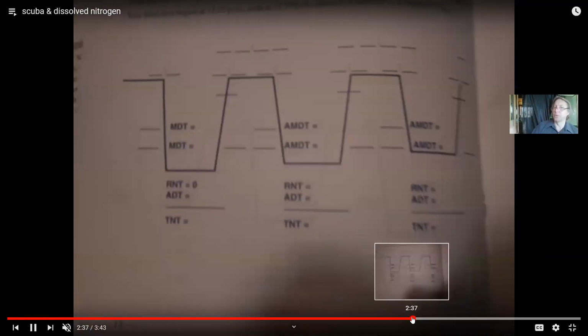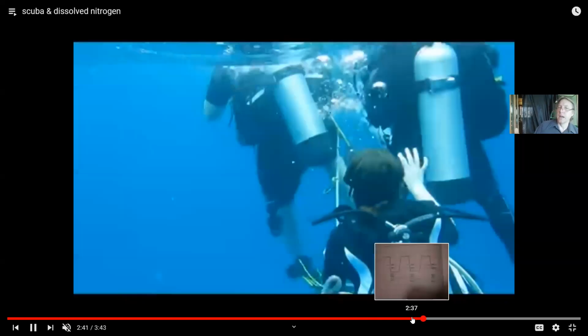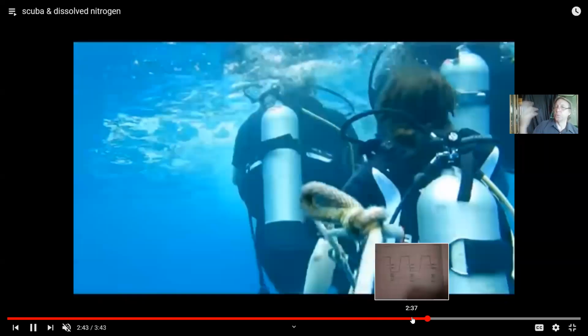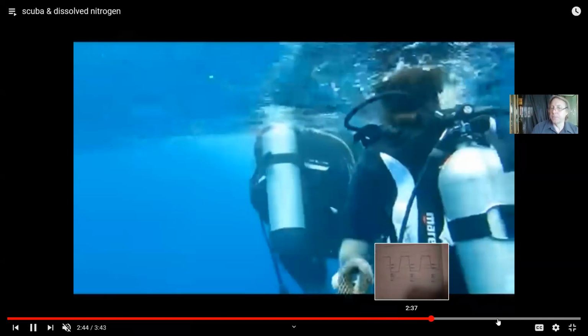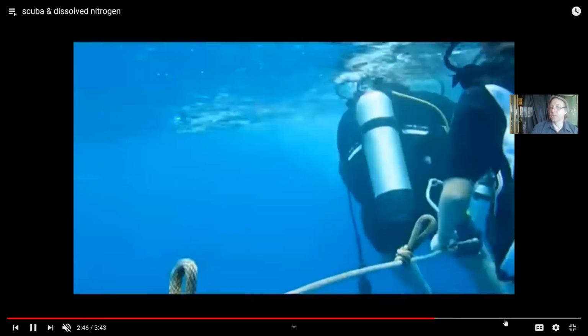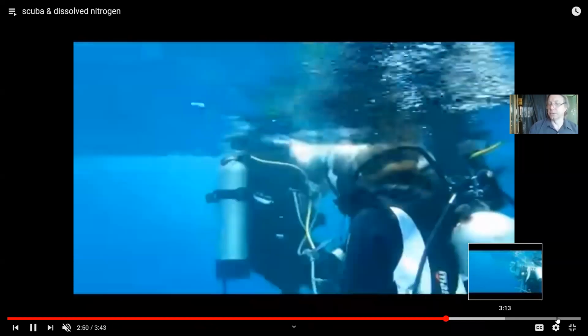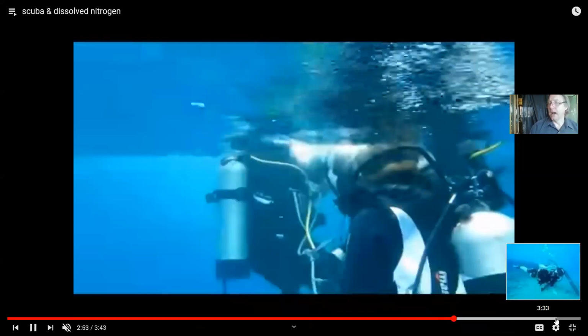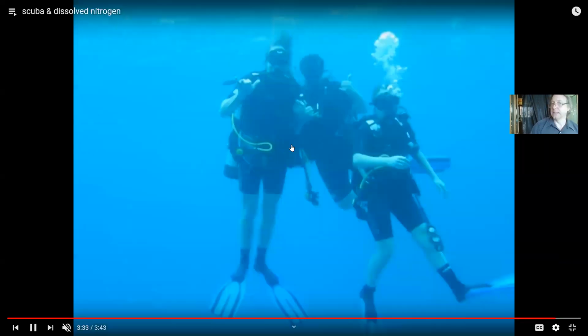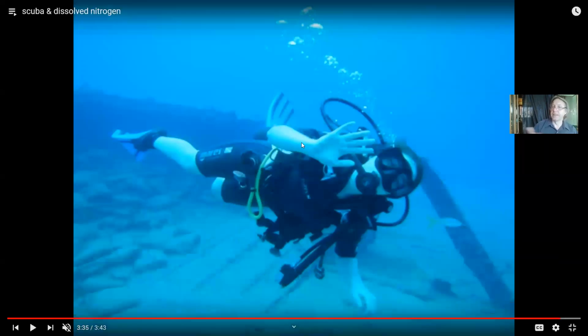We have to break for 3 hours, so that as more of this nitrogen leaves my body, I then go back to being a sea diver. And as a sea diver, I can now get in the boat and then do a second dive for a certain amount of time. And if I was going to do a night dive or whatever, well, I can't do it tonight, because I have to plan this around my flight,